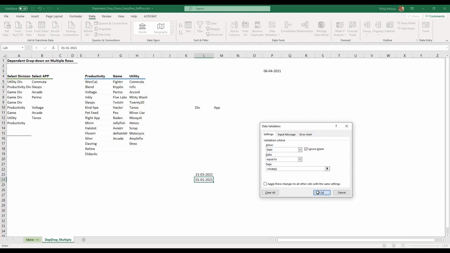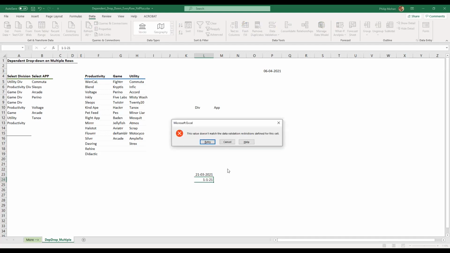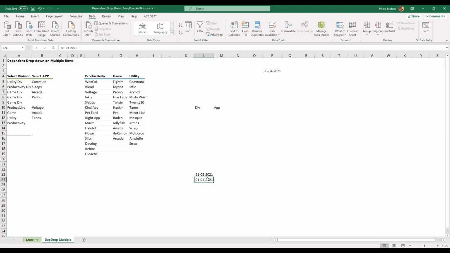it should be equal to, and I put the same date. It's not going to accept it, because the only date it will accept is 6th of April 21. That's the only date it will accept. Tomorrow it will only accept 7th. I wonder if there's a way we can check that. Let me just see if I can change the system date. I don't even know how to do it.